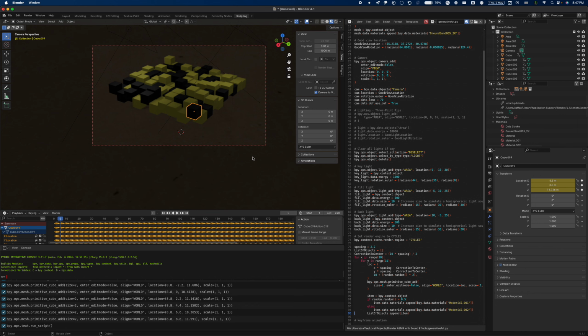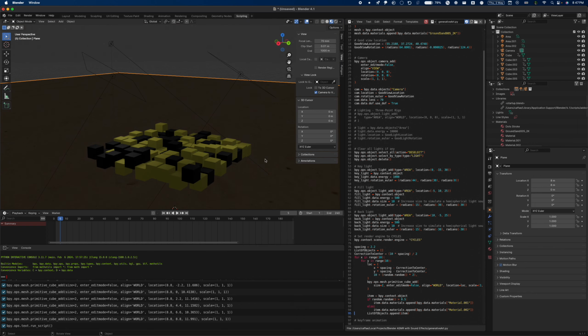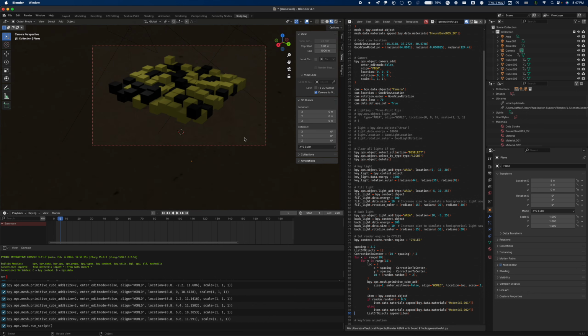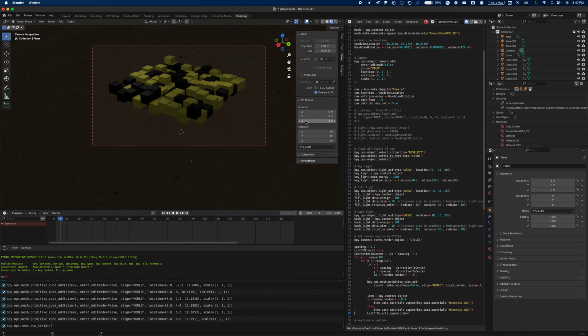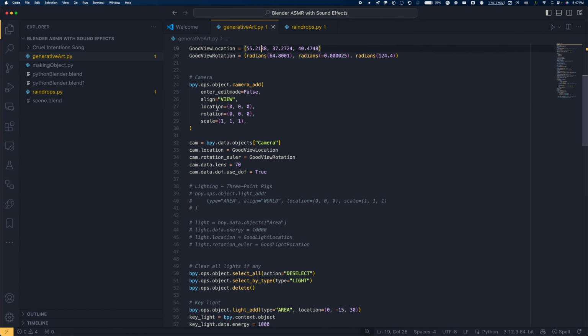And as you can see, this is what it looks like when I'm not using a camera, and this is what it looks like with the camera. And I had to go to Edit and Preferences and do Input and Emulate Numpad because I don't have a numpad. Okay, so after that I have this